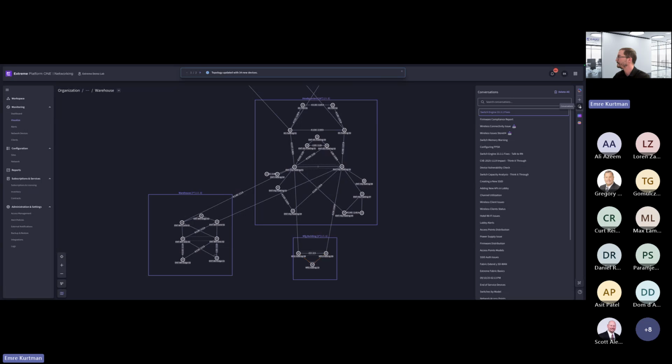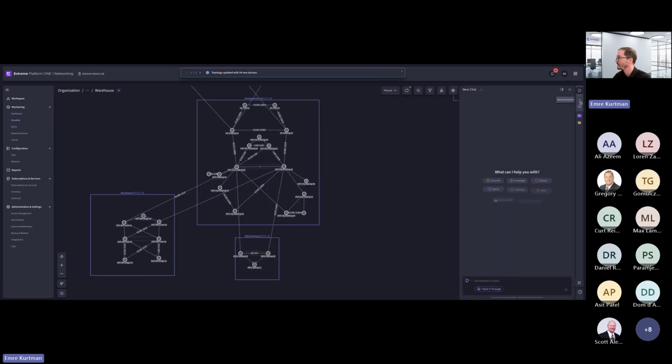So again, what we discussed with the AI is the conversational piece. Of course, we can start with really simple examples such as how does Fabric Connect prevent loops in my network? This is the example of talk to knowledge. It retrieves information from configuration guides in this case and summarizes it.